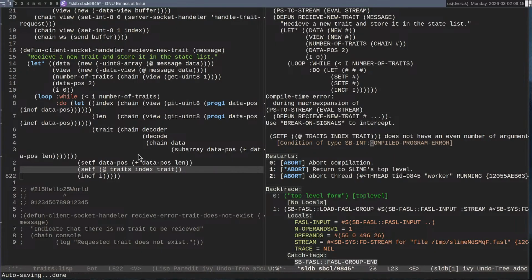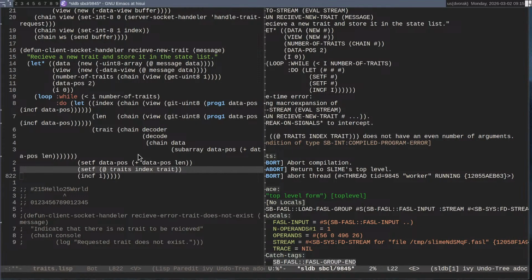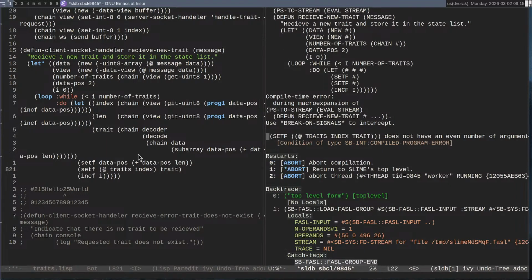Okay. Does not have an even number of arguments. Does it need an... Oh, yeah, of course it does. What am I trying to set it to? I think that's probably what I wanted. I think that I'm probably trying to set traits.index to trait. Let's just abort compilation.